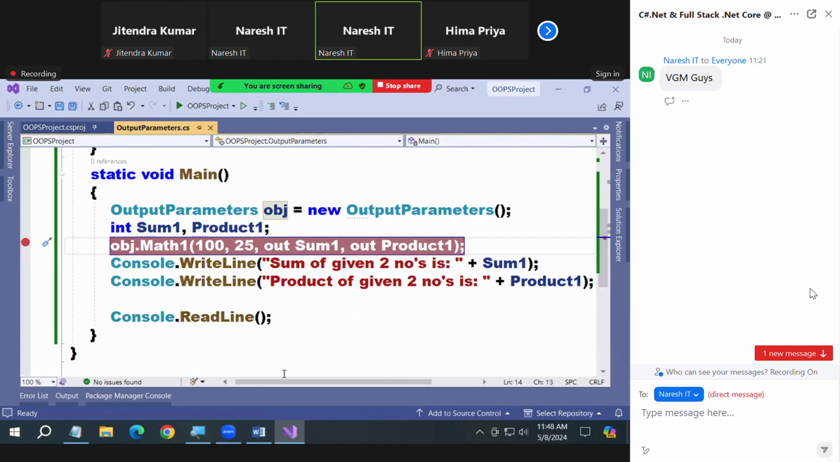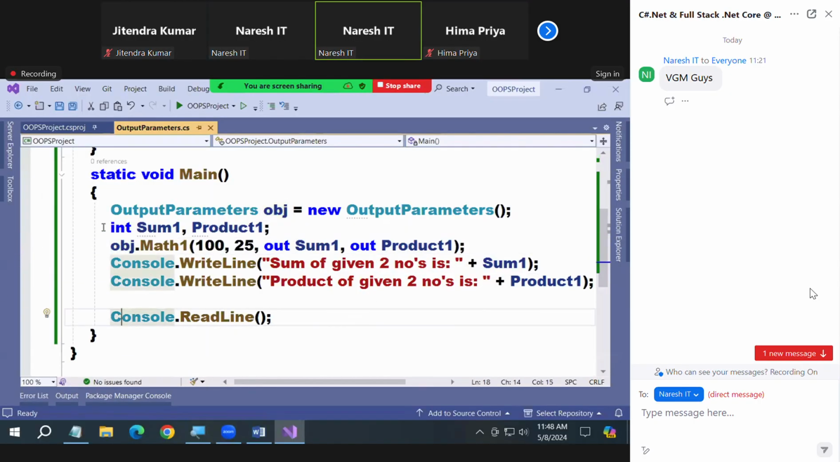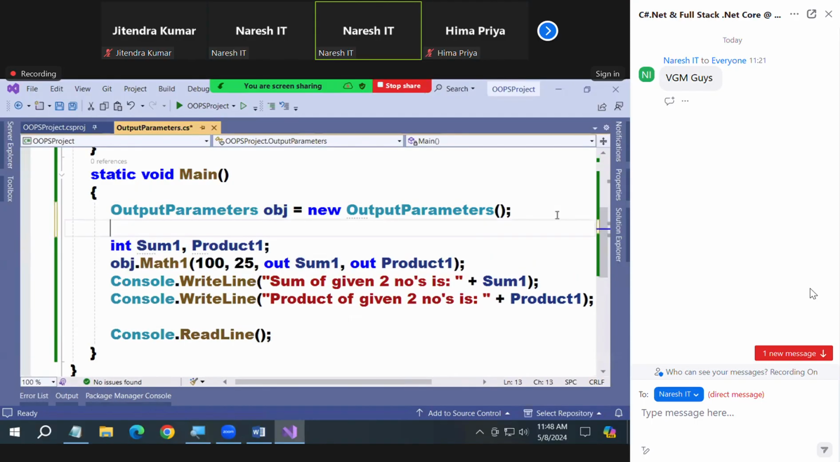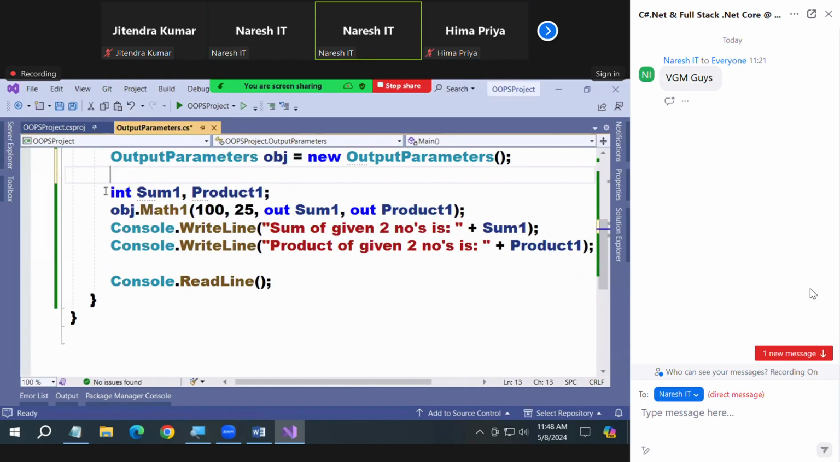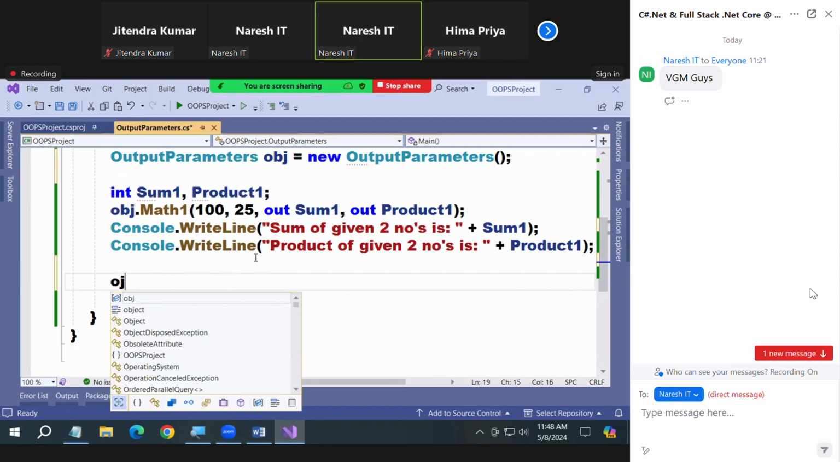Okay. Why did you declare this sum1 and product1? To capture the results. I declared sum1 and product1 to capture the results. Correct? Okay. Actually, guys, they introduced a new feature in C# 7.0 version. What is the feature, you know? The feature is,